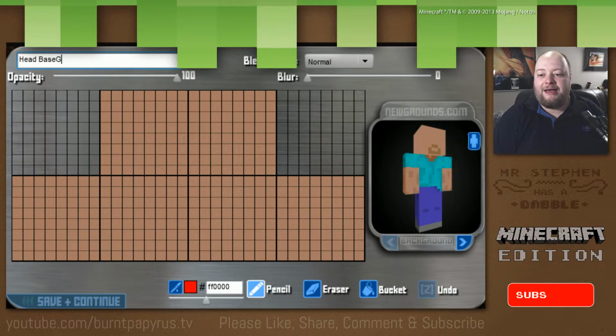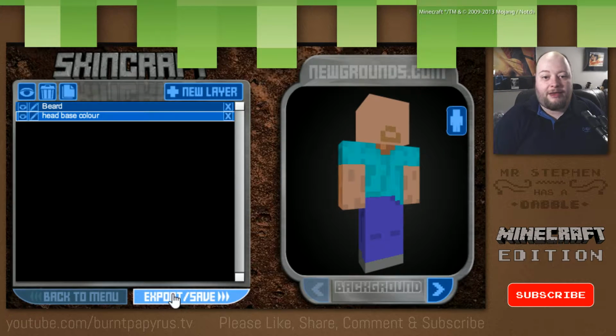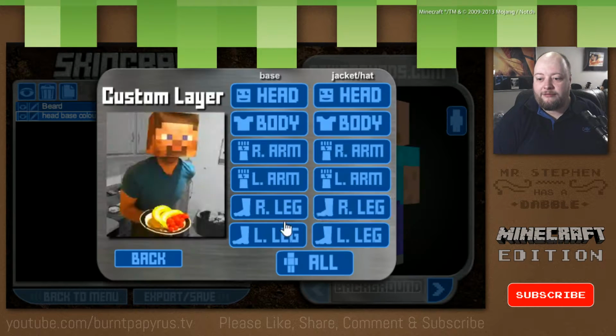I tell you what, I'm not going to use caps on this. So that's the head base colour. And you'll notice that I'm using a U in colour because I am British. Save and continue there. So we've got here head and beard, and new colour, custom, which is going to be